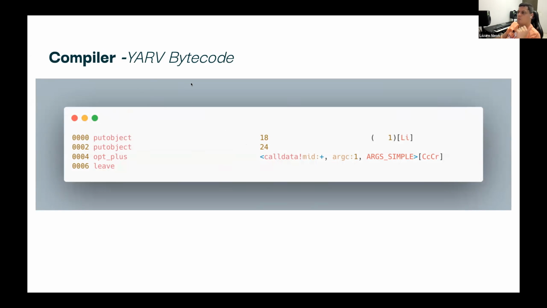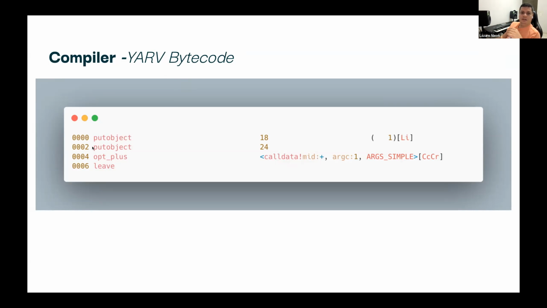So why this compiler? Basically because it's faster, and it is more standardized, let's say. So it's better for future releases if you have a virtual machine doing that.